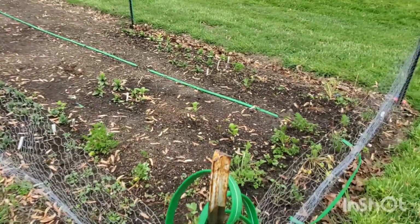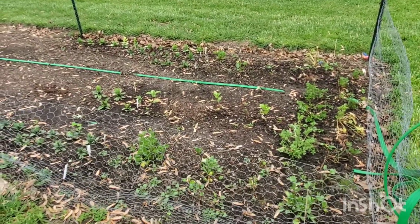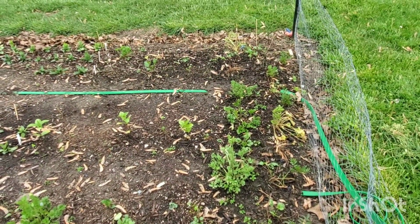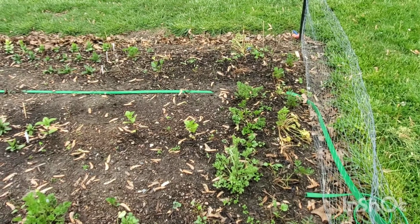And then here is the lisianthus and ranunculus bed, which is in the perennial cutflower garden. These aren't perennials, but I went ahead and put those over here. The ranunculus got very transplant shocked. I started them too early. I didn't know how they were going to do. I was scared that if I didn't get them started really early,